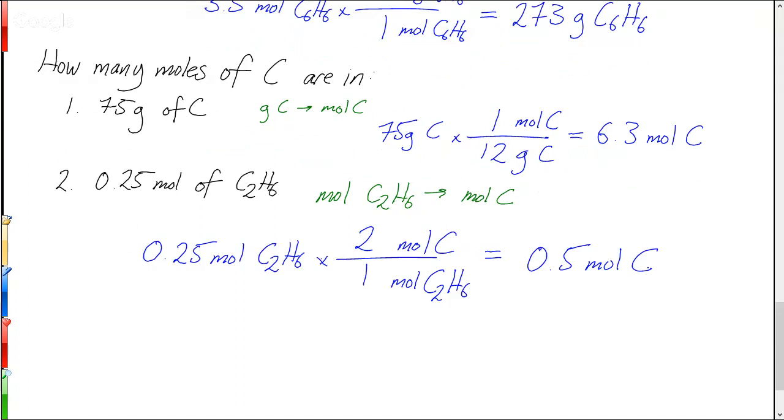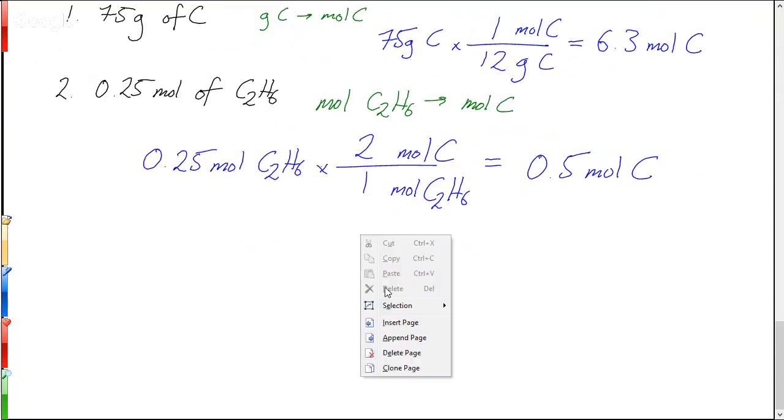All right, let's extend these calculations then to some of the equations that we've just been dealing with. I'm going to copy one of these down here just so we can use it. We've been dealing with that middle one, so we'll just continue to do that. 2 CH4O plus 3 O2